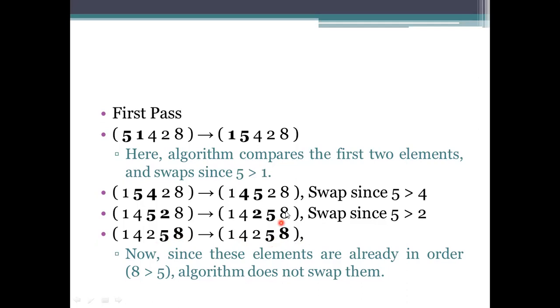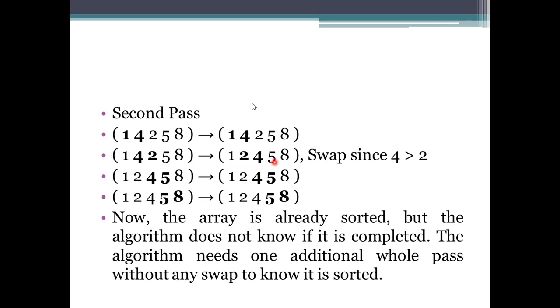Okay. And coming to the next one, at the second pass, see what element we have considered. So here the element is 4. Compare with the previous one. Since it is greater than 1, there is no need to process this element with that one. And coming to the next one, it has an element beside it, to the right. Compare this value with 2, and a swap will occur because the 4 we are taking is greater than 2 here.